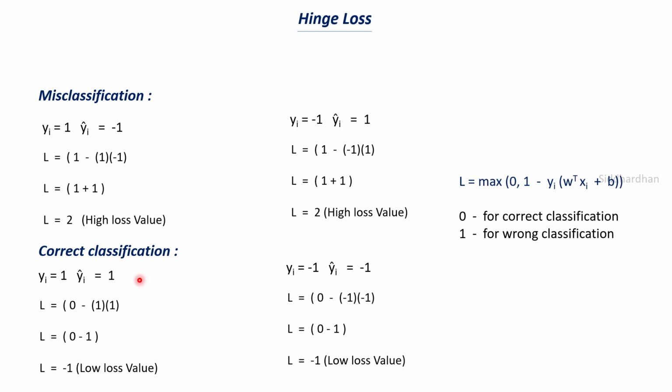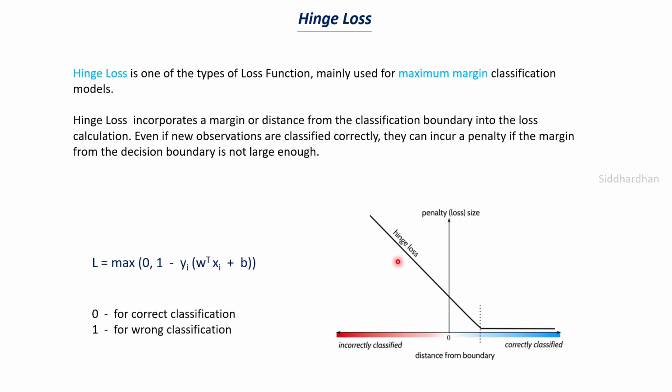If you make a correct classification, and let's say the true value is minus 1 and the value predicted by our model is minus 0.25 or something like that, then you won't have a very small loss function value; you will have a slightly bigger loss function value than this. This is what you need to understand about Hinge loss. When we make correct classifications, we will have a minimum loss function, and for misclassification we have a high loss value. The important thing is that even though it makes a correct classification, the distance from the boundary should be large.